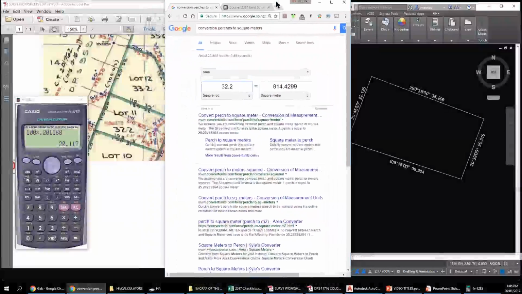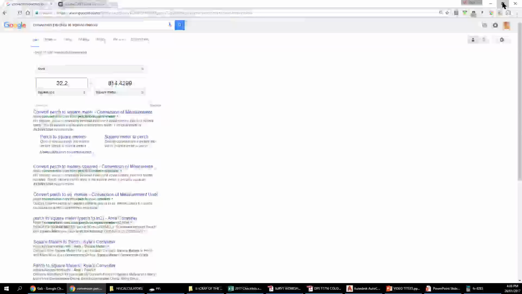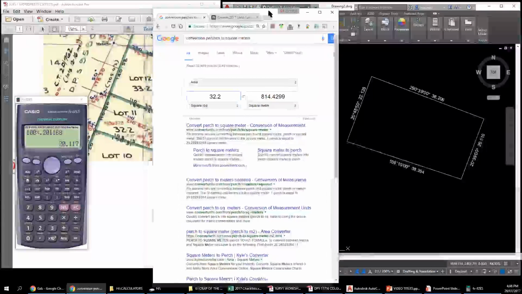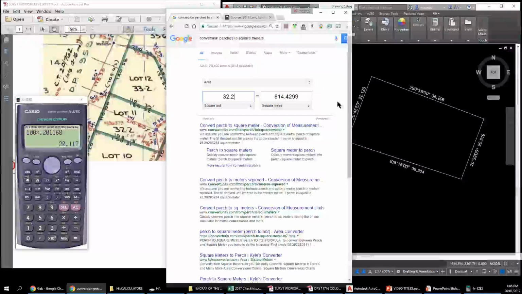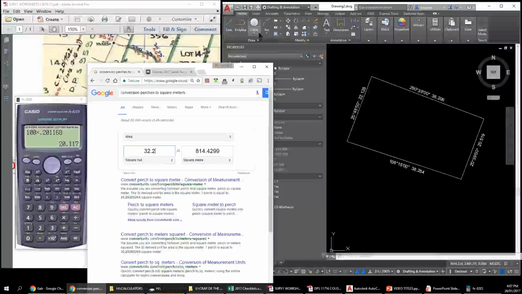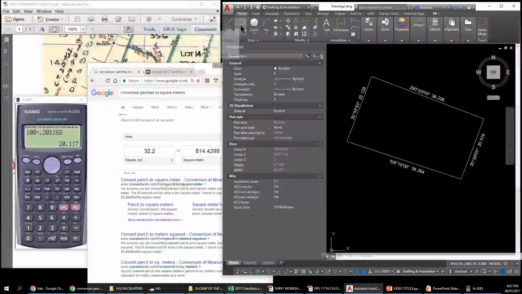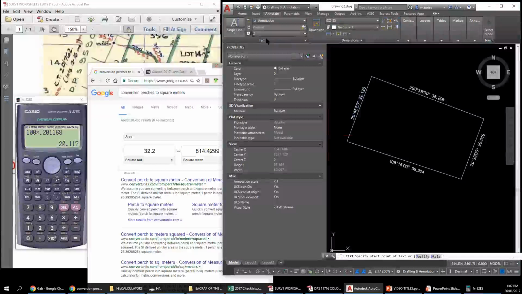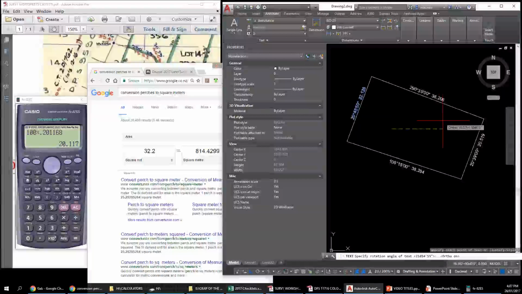118. Oh, does it again? It doesn't. Moving over a little bit. 118.4299. So I'm going to make that there. Annotate single line. I'm going to put that in here. I'll use the ortho snap. So that's